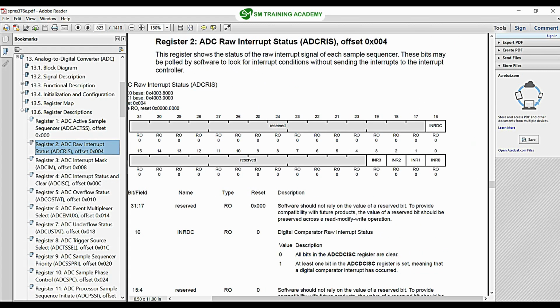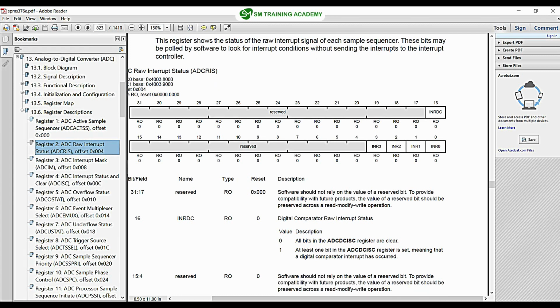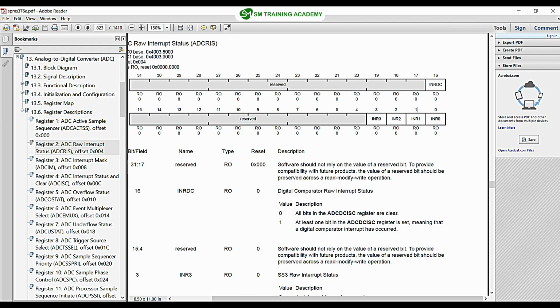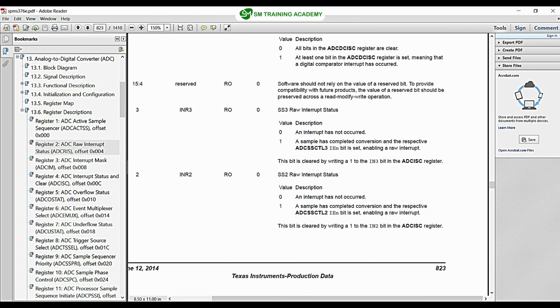So in this register, this is also a 32-bit register, and we have main bits 0 to 3 available right over here. Each bit from bit 0 to bit 3 is meant for a separate sample sequencer. Here you can clearly see the third bit is INR3, which is meant for sample sequencer 3. And if this bit is 1, a sample has completed conversion and the respective ADC SSCTL3 IEN bit is set,